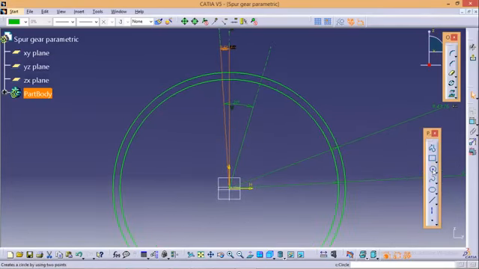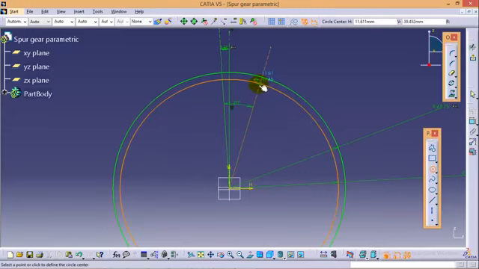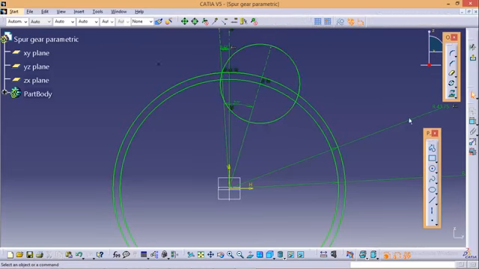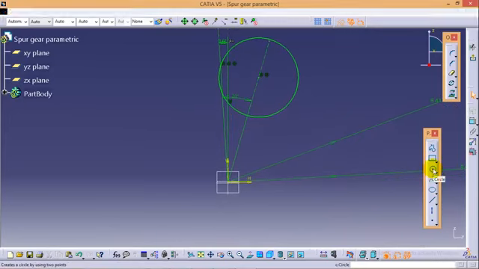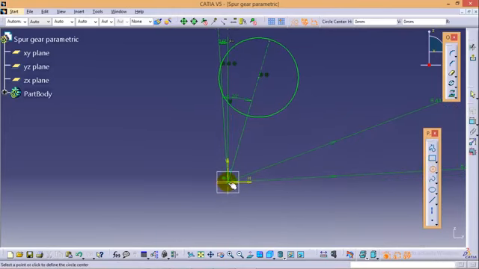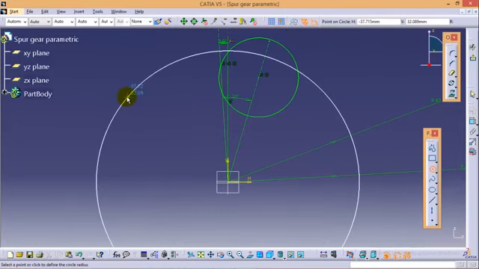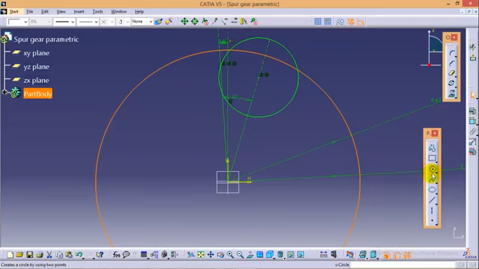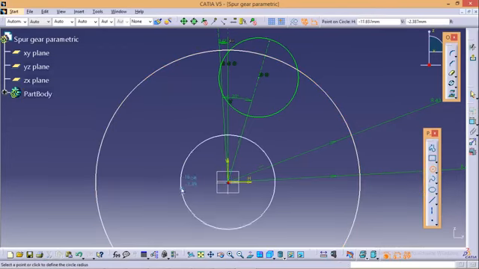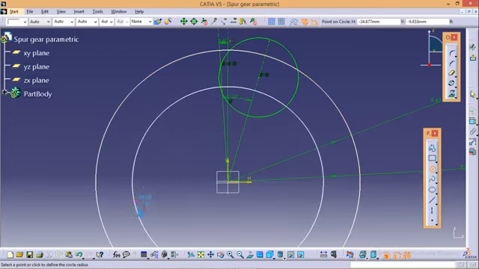Now we need to draw a circle to get that particular profile with this center and up to this particular point. So now quickly make these two circles as construction lines, and hide them, as we don't need them now. We'll be proceeding with the remaining two circles, that is the addendum circle and the dedendum circle. These would not be construction. So draw two circles.